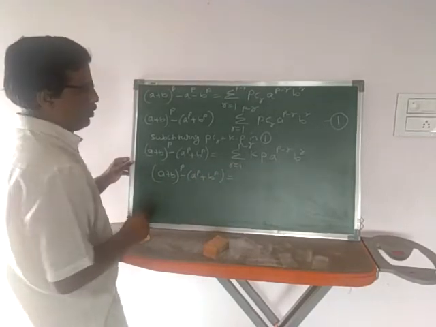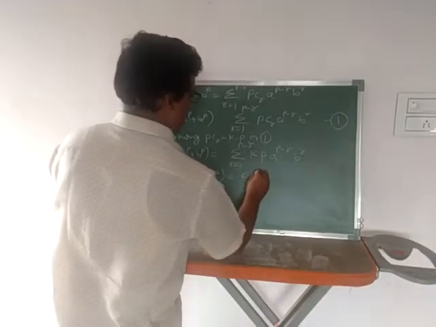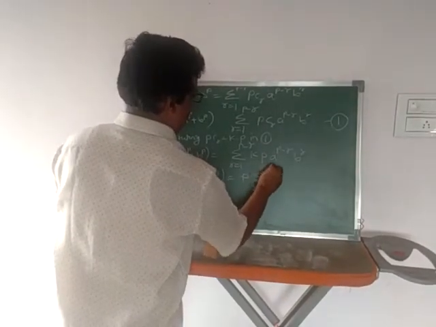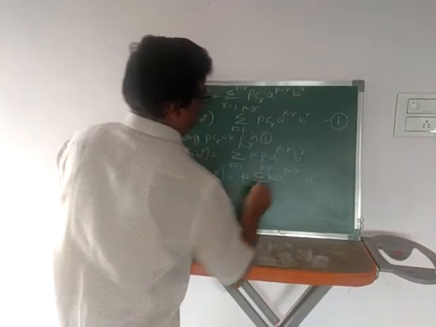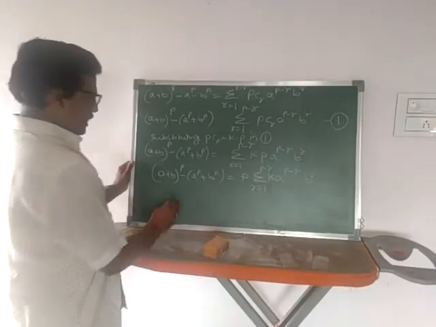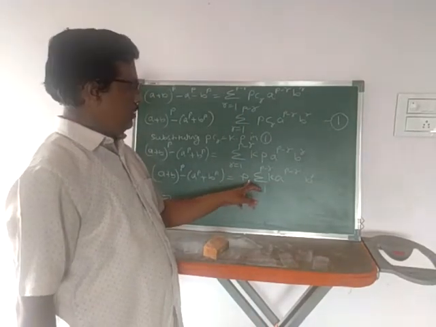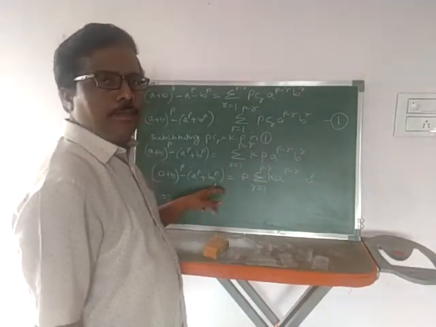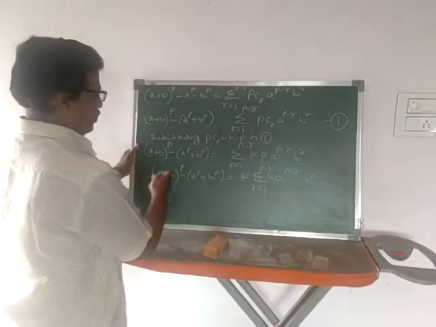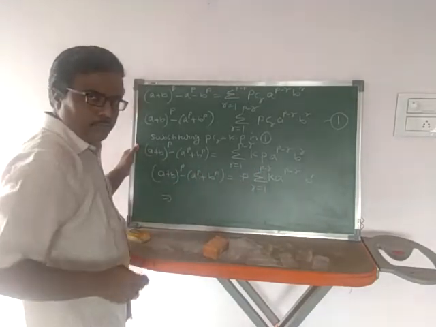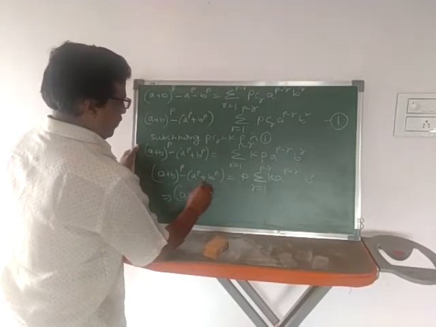take p common, so then it gives p times the summation, r is equal to 1 to p minus 1, of k into a raised to p minus r into b raised to r. So this implies that this is divisible by p, because it is a multiple of p. Which implies when this is divisible by p, then this is also divisible by p, because both are equal. So this implies that (a plus b) whole raised to p minus (a raised to p